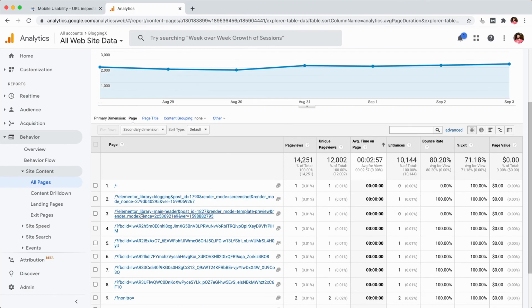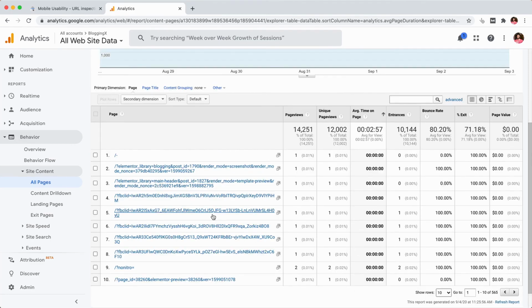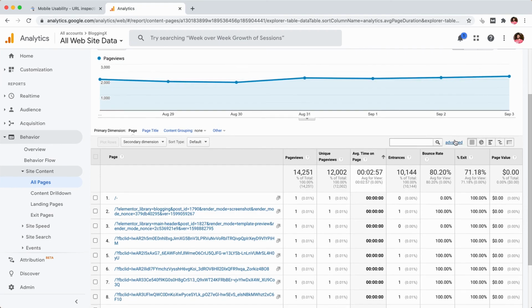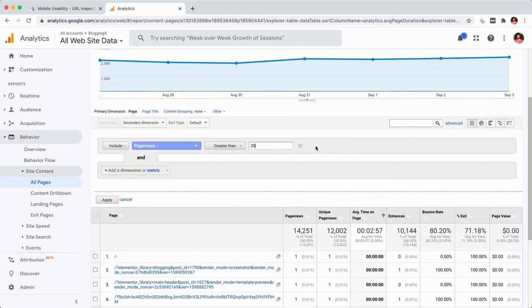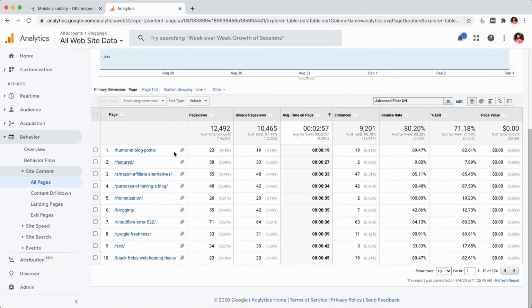So here you can see there are many page views that are done by me on the back end, right? Having page views of only one. To filter out all these outlier pages or admin related pages, I can add a filter to only show the pages that have got some good page views. So I can head over to advanced, and I can include a filter that is site usage. And under site usage, I need to add a filter that page views should be greater than maybe 20 in the last 7 days. Okay, I have added the filter here. So I can apply.